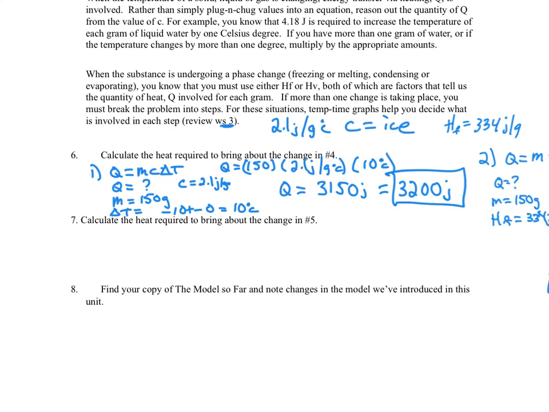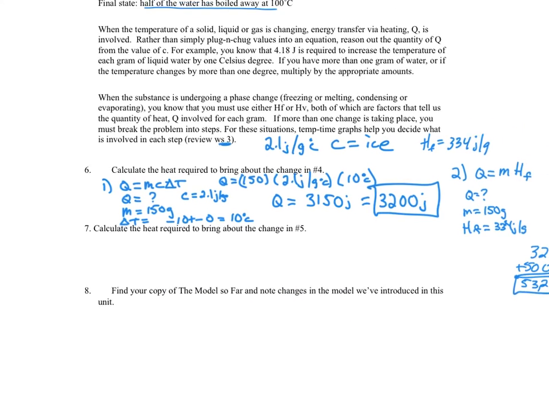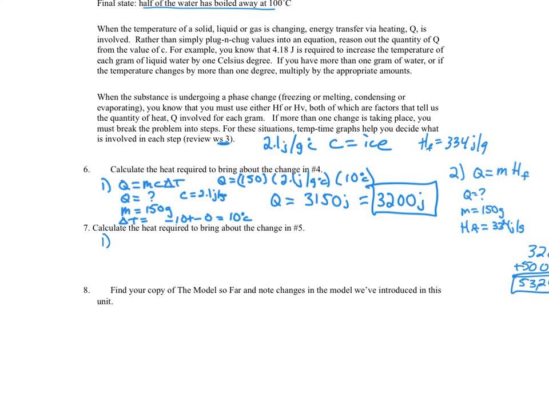So for the calculation for number 5, you're going to need 2 different calculations. So calculation number 1, the answer you should get is 5,000 or 50,000. And then you're going to do the next part of the calculation. And remember, the change in number 5, you only have half the water boiled away. So the change in number 2, you're going to be using half the mass. So when you use half the mass, you're going to end up with a total of joules. You add these 2 numbers together, and the total amount of energy will be equal to